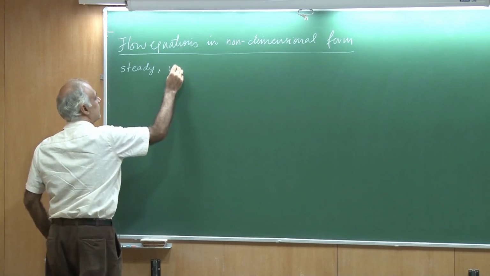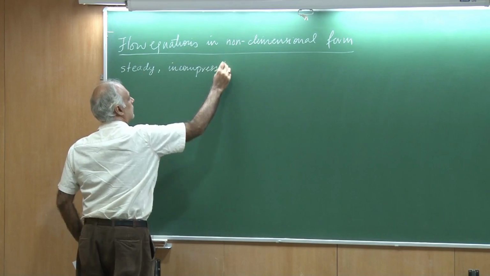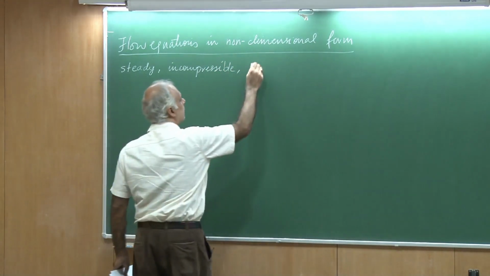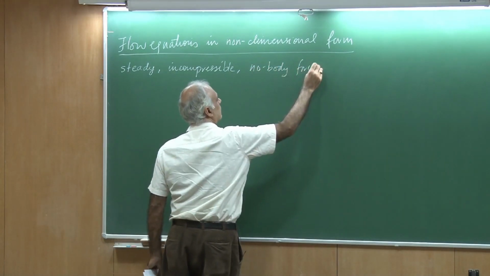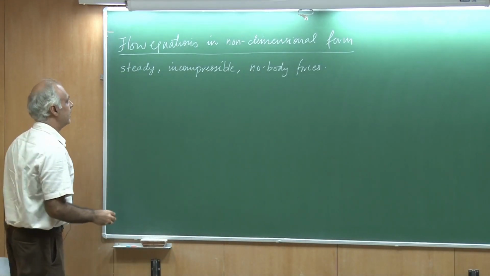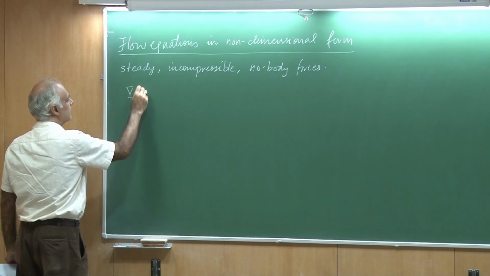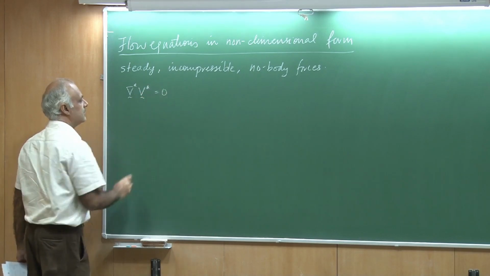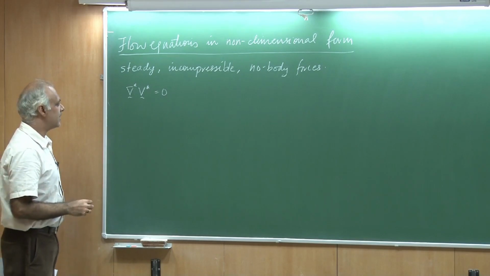Of course, it was incompressible. And we said that we will not worry about body forces. And then what we were able to show is that the non-dimensional equation would look something like this. Divergence of V star is 0,